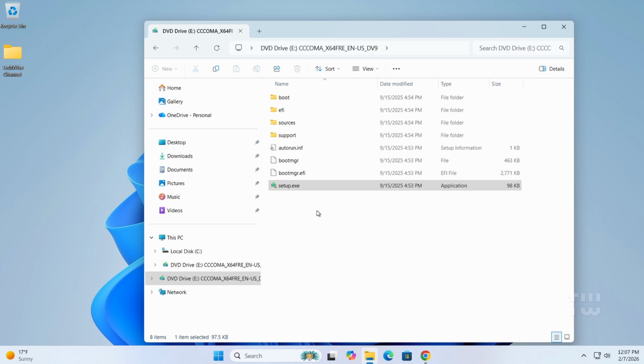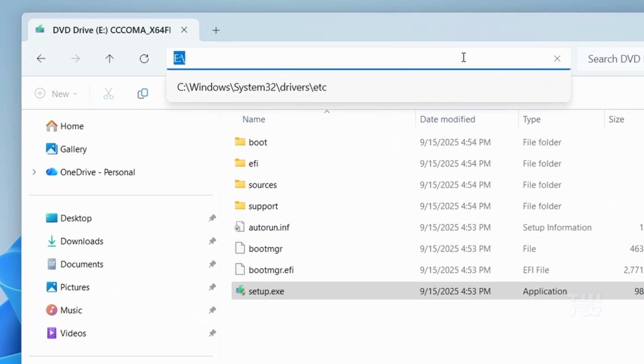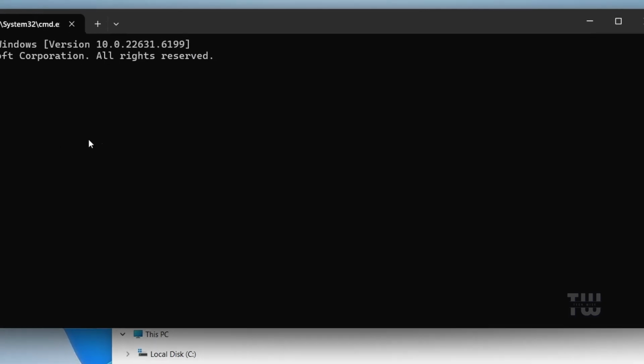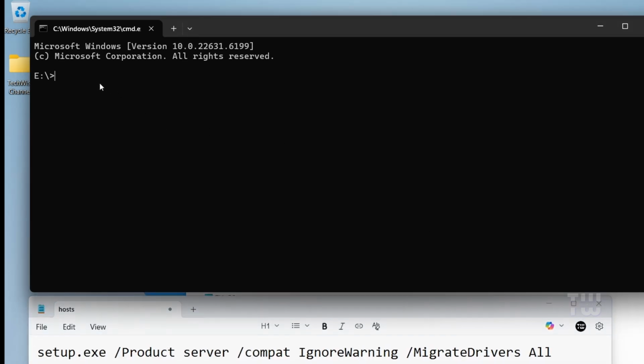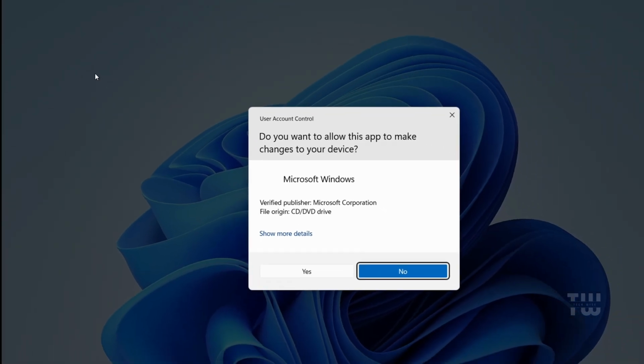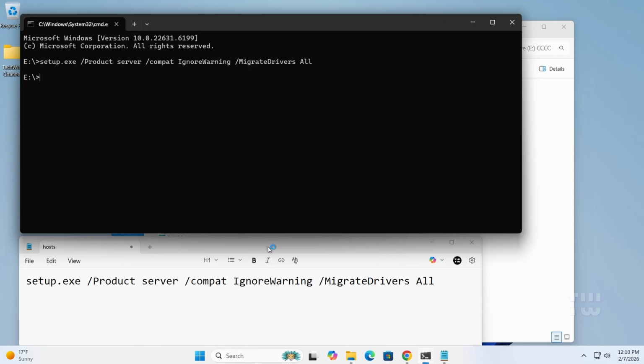In the ISO window, click on the address bar and let's type CMD and press enter. This opens the command prompt inside the ISO folder. Now type the command below and press enter. Click yes when prompted, and when the setup window opens,